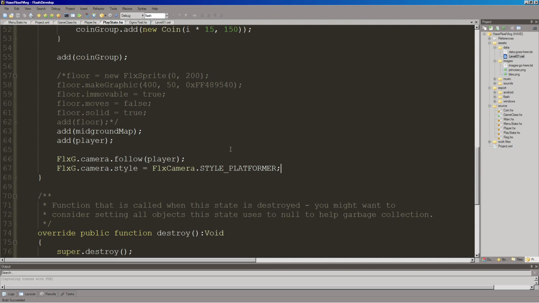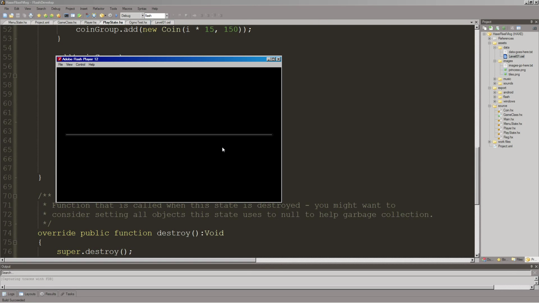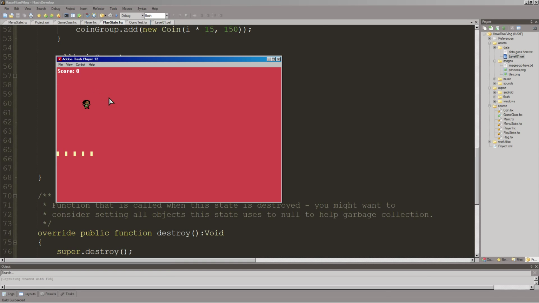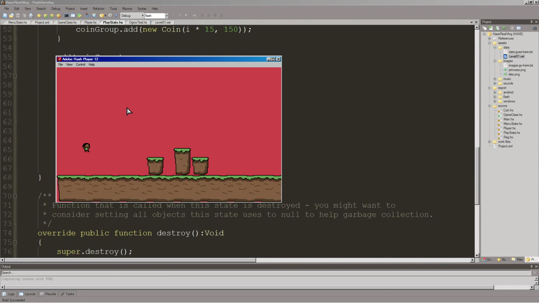Okay. See. Uh-oh. Now okay, phew, I was worried there for a second. So yeah. So now she falls down, and look, there's the map we made earlier. And that's how you bring in maps using Ogmo Editor and HaxeFlixel. So, actually, I thought maybe I would have to split this up, but it looks like it did alright